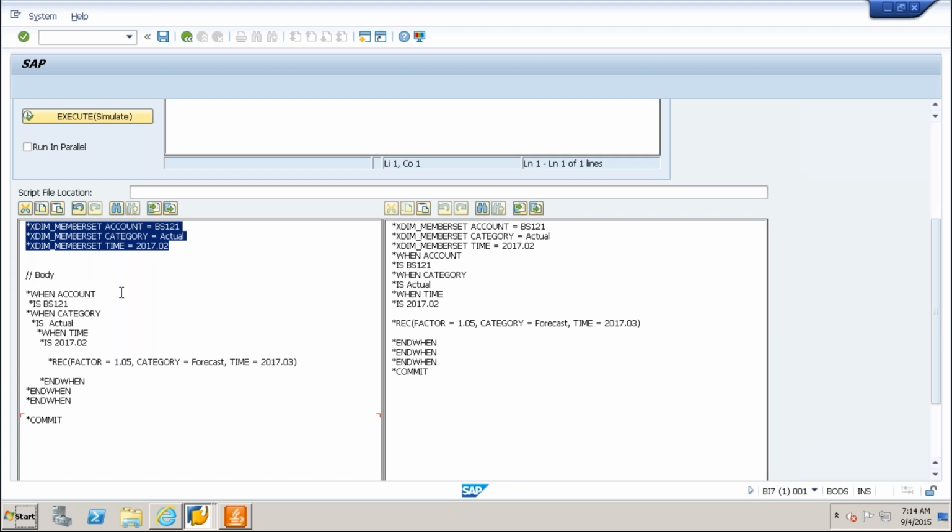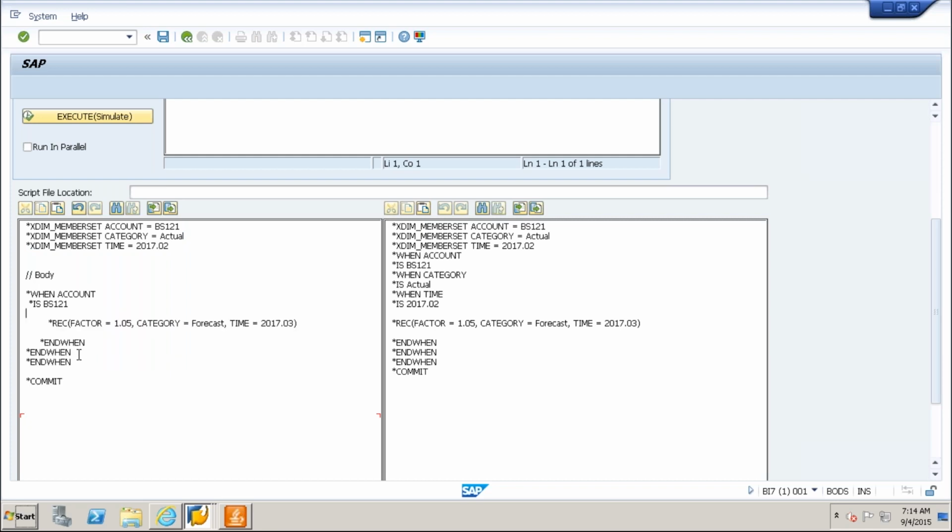And what I'm doing now, this when I am taking out, and this is also I'm taking out, because already in the scope I mentioned that category is actual and time is this one, and when account is BS121, this is already here I have given the one, and the category is actual. Basically based on this actual, the category will work out and write into the forecast. Time is here that will write.